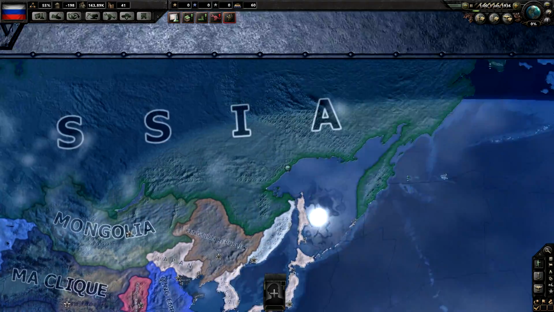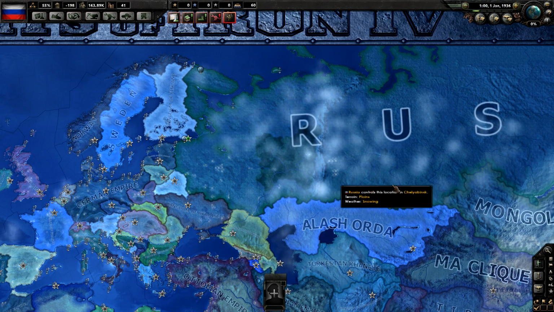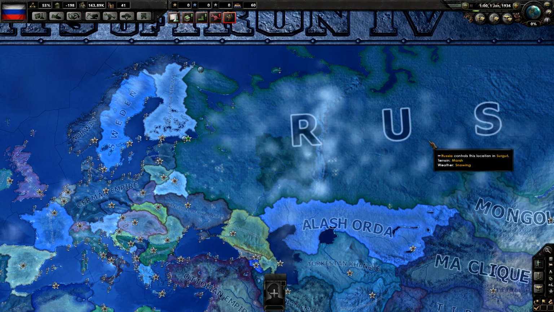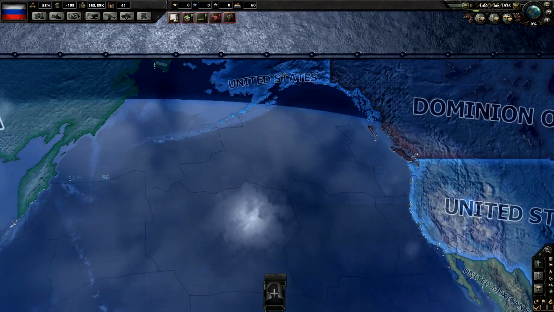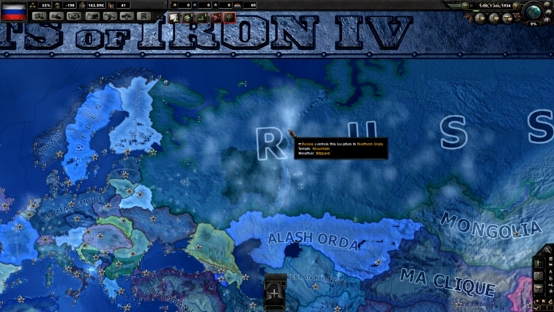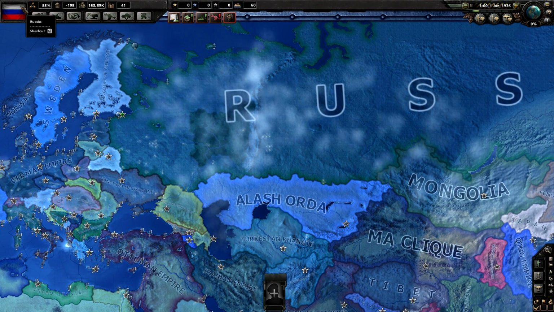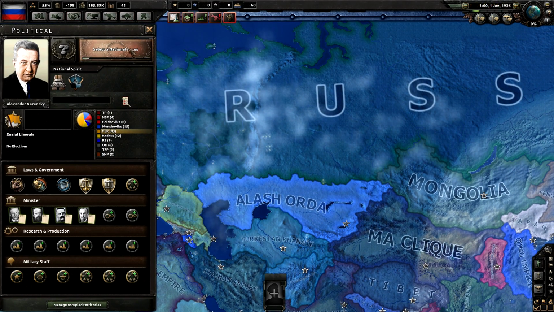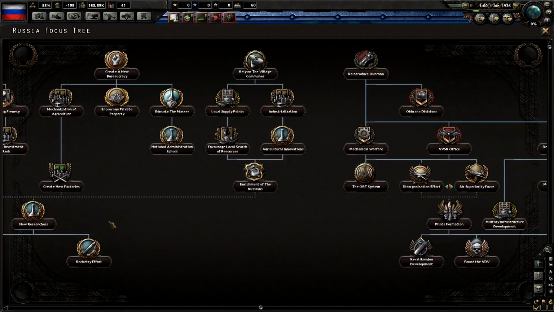Also, Kaiserreich has a good deal more randomness than you'll find in most games. Most games of Hearts of Iron, that is. And what that means is any game you could have pretty much anything happen. And the different focus trees reflect that, and I picked Russia because it's a very good illustration of how things are different with the focus trees, because